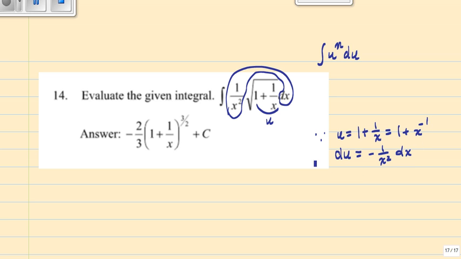So now I have a 1 over x squared dx, so if we multiply both sides by minus 1, I have